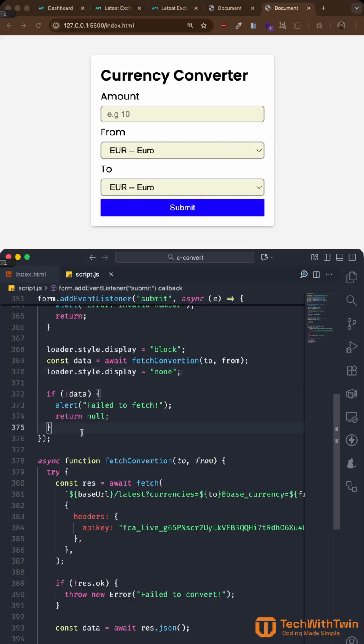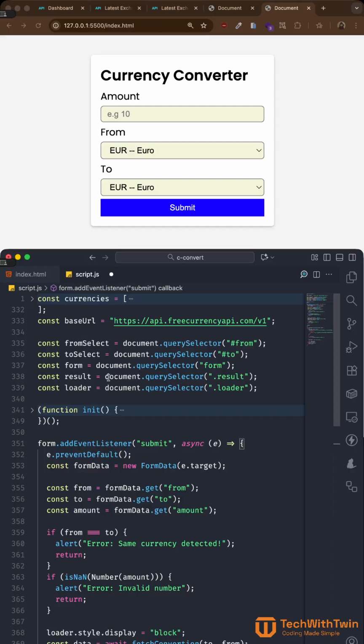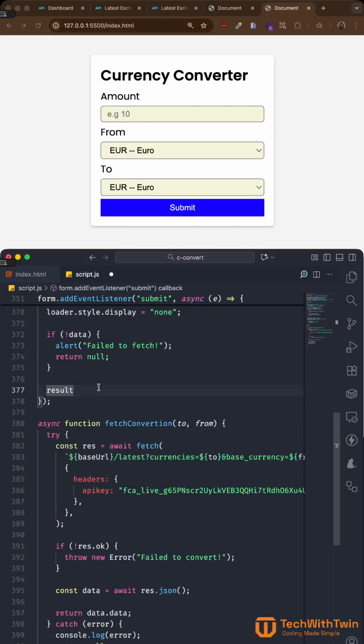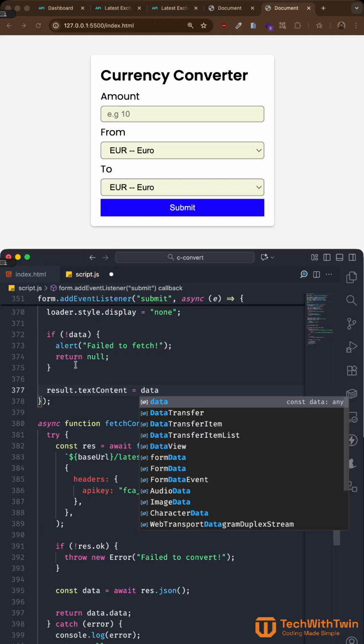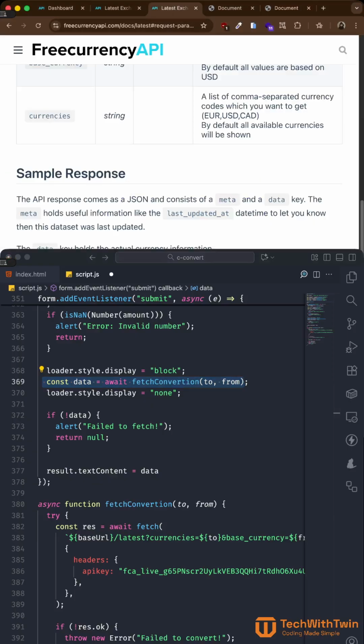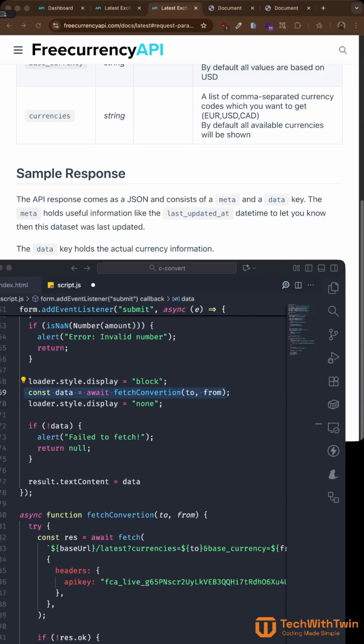So now we have the data. Let's now show the result. So we have the result. This is the result. So we can now show the result to the UI. So we can say result.textContent is equal to data. So we get the data. We said the data can be valid data which is similar to this data. And then something else, you can note that the keys are formatted by the currency code, AED, USD, all those. So that means,